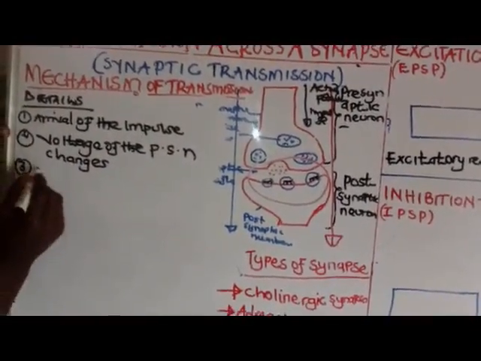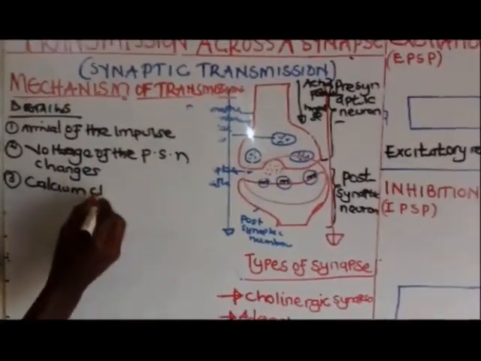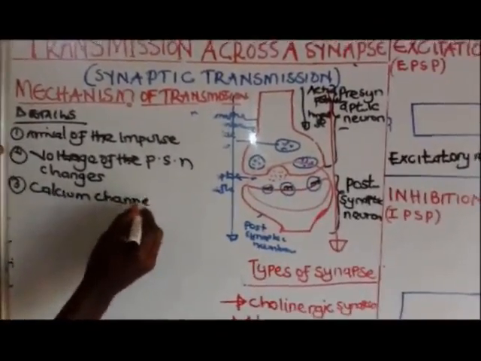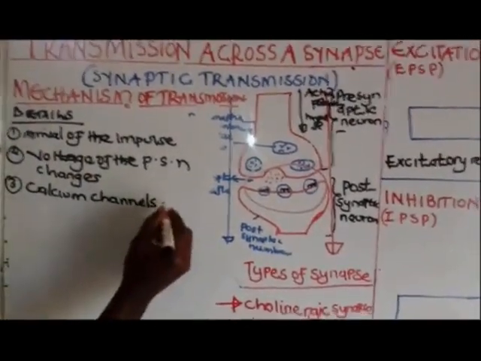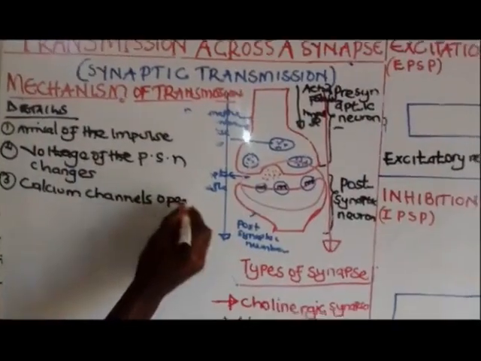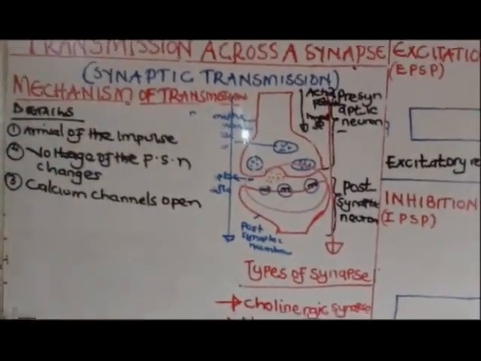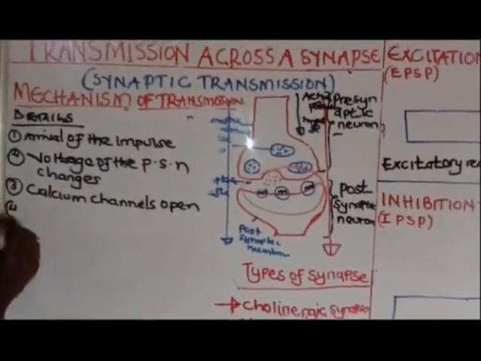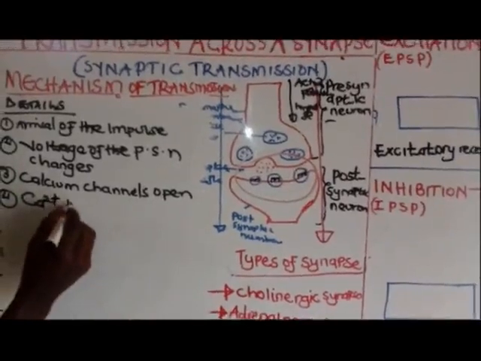We see that the calcium channels, these are channels along which calcium passes, the calcium ion channels open. When the calcium ion channels open, what do we see? The calcium influx. Calcium ions influx